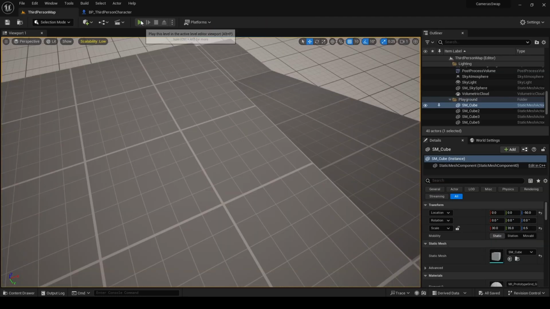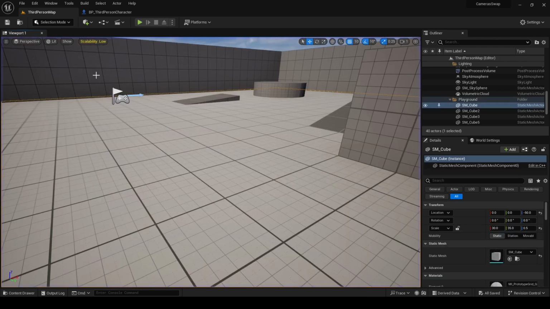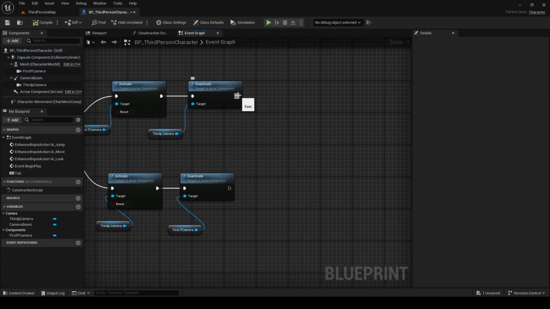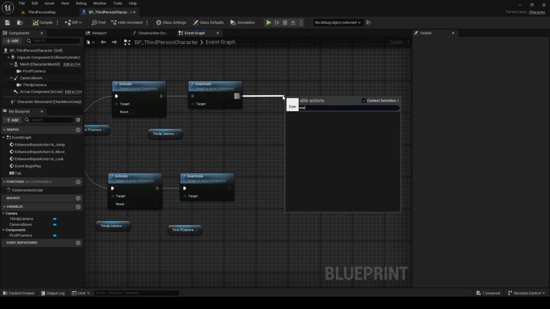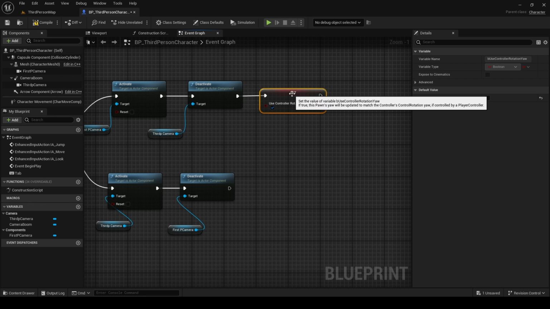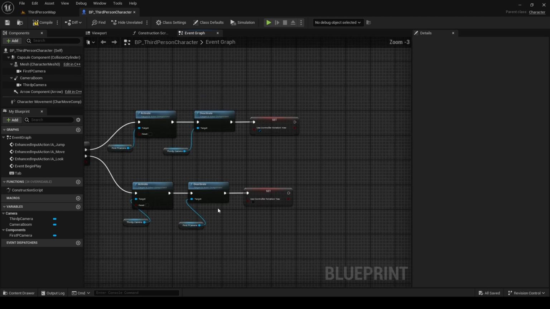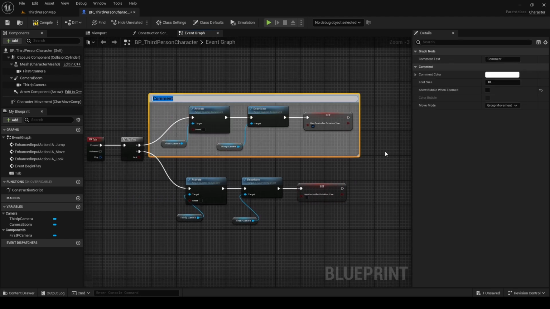But we still have the same problem, which is this thing. So how would we fix it? When we're in third person, we want to use the controller rotation, and when we are in first person, we don't want to use it. Let's do this